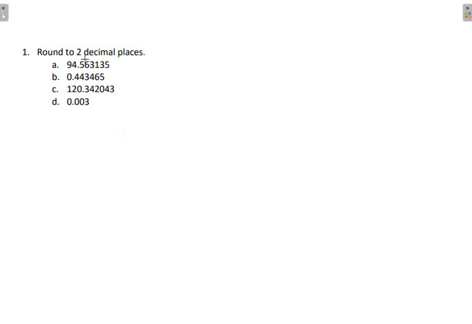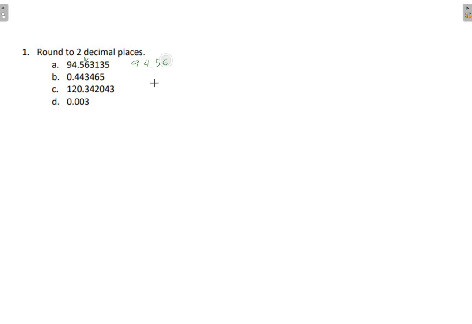This is round to 2 decimal places. This is the second decimal place. So, okay, in this case, you have to round to 2 decimal places. In this 94.563, the second decimal place is a 6. You have a 3 to the right. Since it's lower than 5, it doesn't increase 6 by 1. So this will be